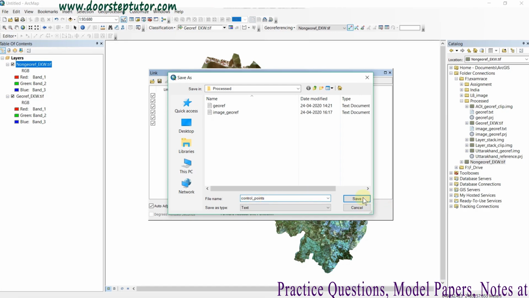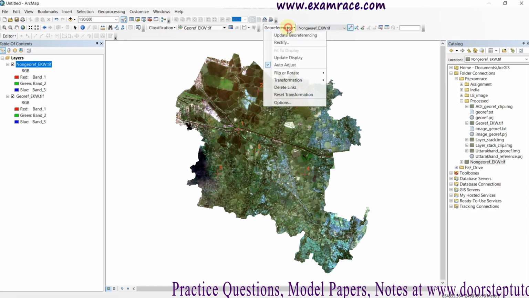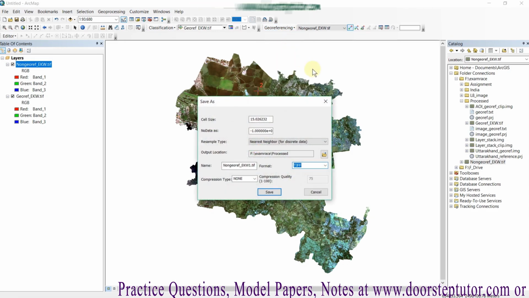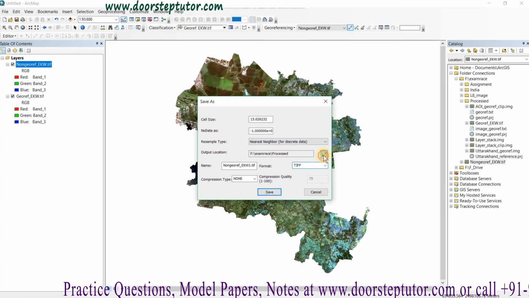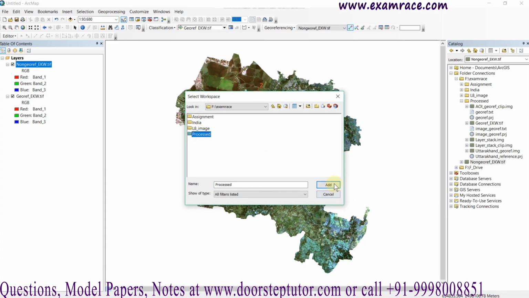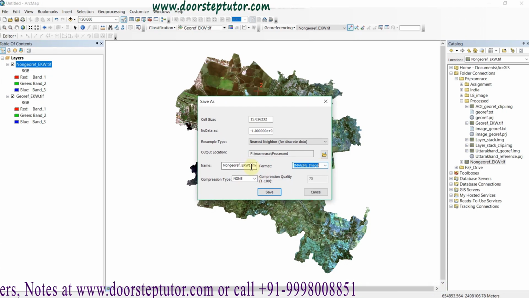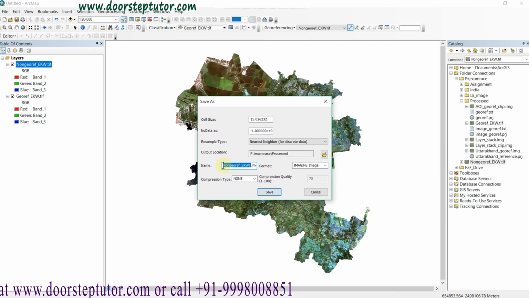Okay, simply save it, close the window, and now I am going to again rectify my data. My folder has been already selected, that is processed, add. I am going to select okay,